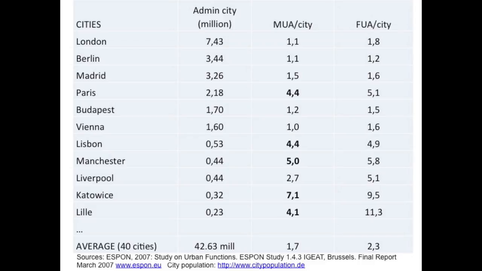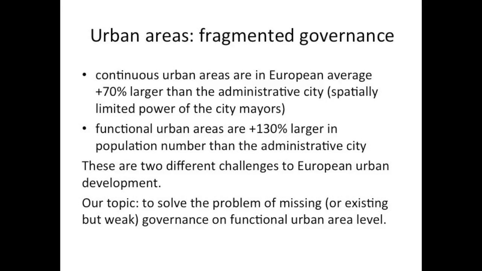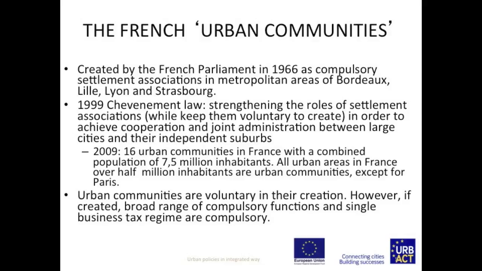So the mayor of Paris has very little to say until Grand Paris will be established. But the same problem in Lisbon, the same problem in Manchester. So the administrative borders, they don't tell anything. You should think and decide about your city, about the urban area, in the functional urban area context. And this is probably my first suggestion, that if you think about the fringe, wherever the fringe is, it is part of the urban area of your city, and the fringe should be back calculated from the urban area and not only from the historic center outside.